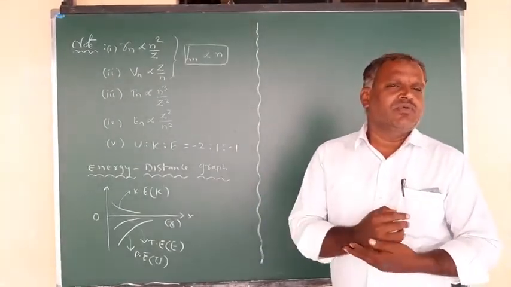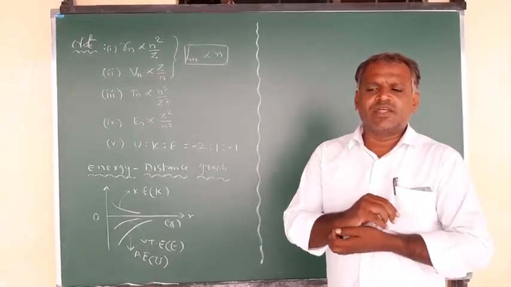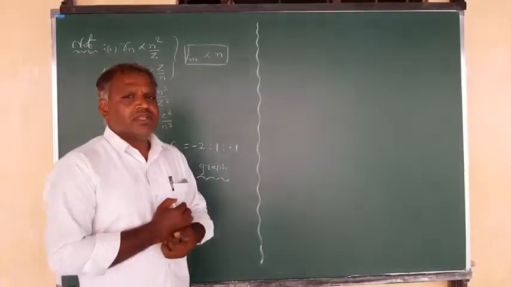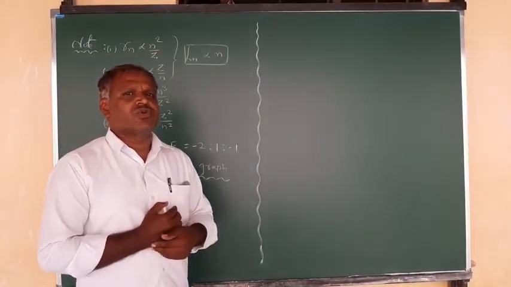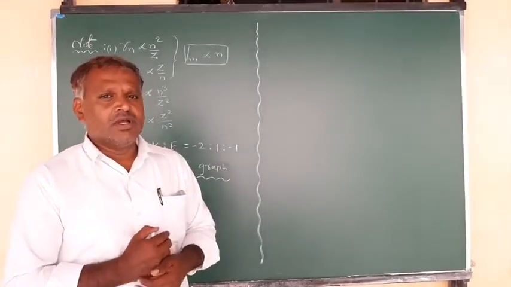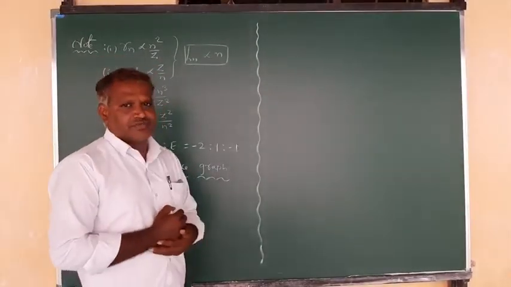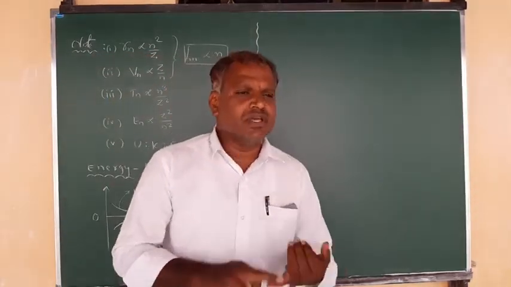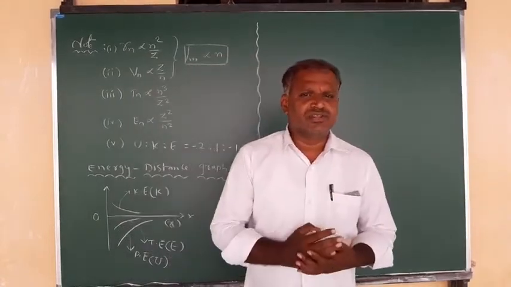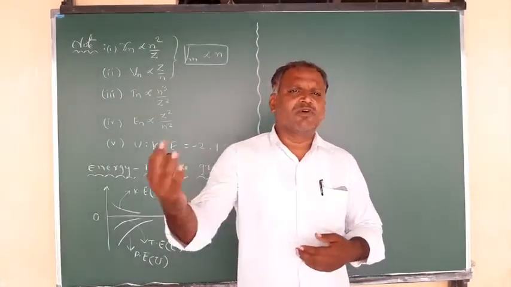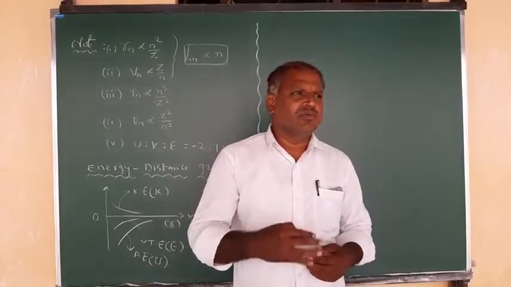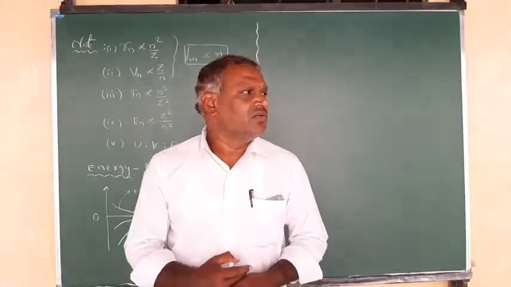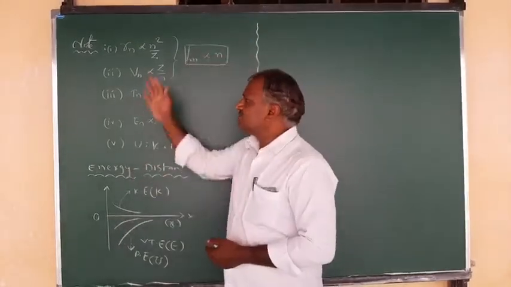So that is the equation for energy, and we also saw the ratio of the energies. Potential energy, kinetic energy, and total energy are in the ratio of minus 2 is to 1 is to minus 1, which we observed and discussed. In the last two videos we covered the different equations for radius, velocity, time period, and energies, and how they are related to the principal quantum number n, which orbit the electron is revolving in, and the atomic number.